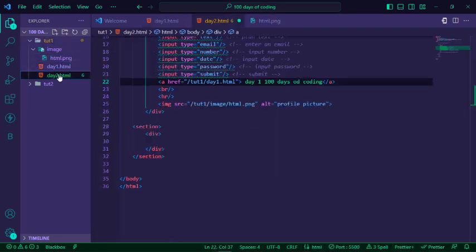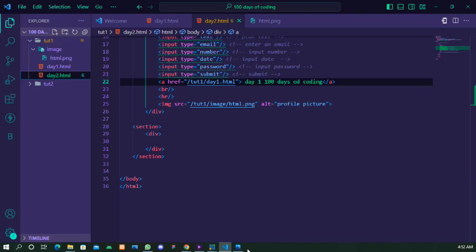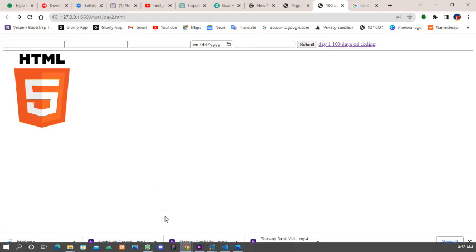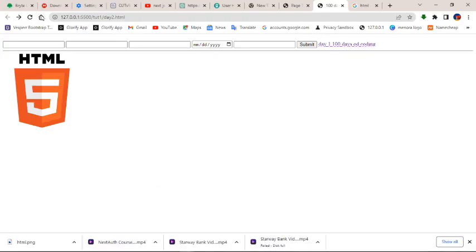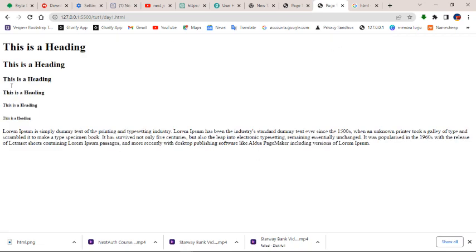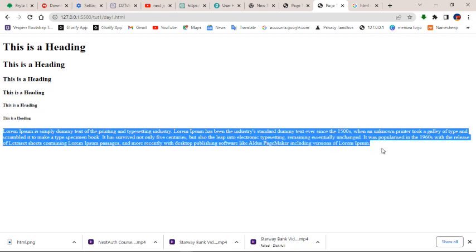So let's save our code. So as you can see, this circle here indicates that the code has not been saved. So if I press Ctrl S, it saves it. So now let's go to our browser, and let's see if it will give us another error. Yeah, let's refresh first of all, and then let's click on this guy. So now we are back to our previous file we created. So let's just copy this guy here. Ctrl C to copy. Go back to our text editor,